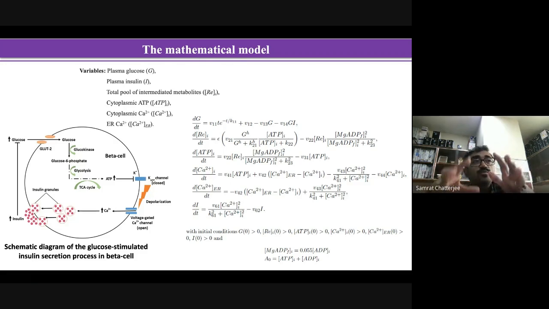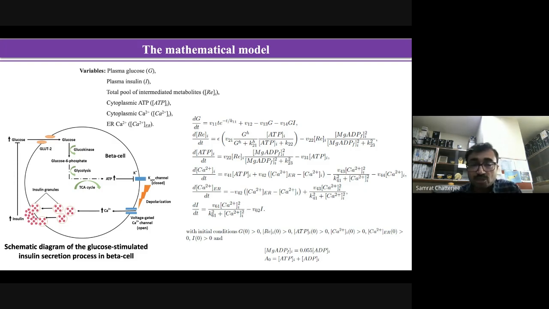Once you make the mathematical models, you must keep in mind that there are two important things. One is what you are going to address, what is your question, so that will be your variable. So if you want to know how the glucose level increases in my blood, or what happens to the insulin level in my blood, or what is the calcium concentration in this condition, those will be your variables. And the other portion which actually connects these dots, the important players who govern these variables,